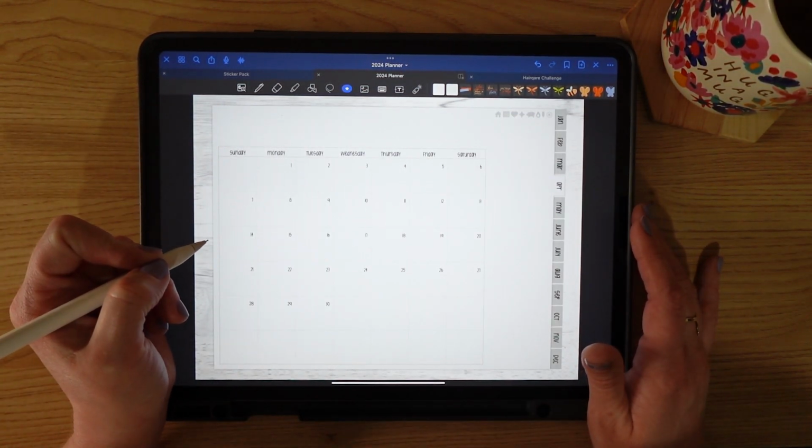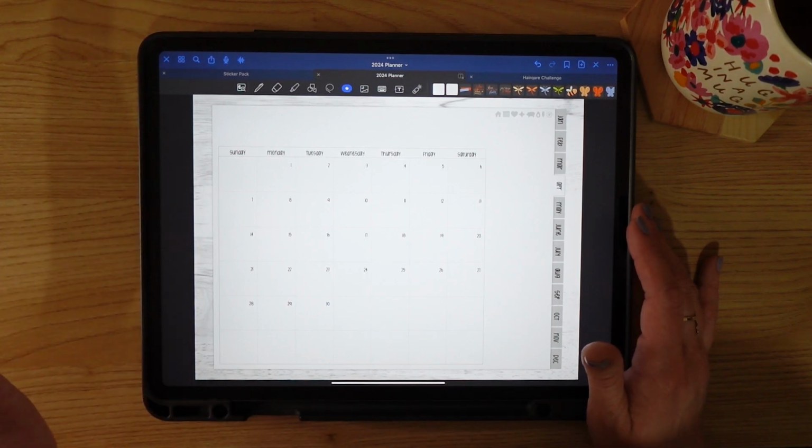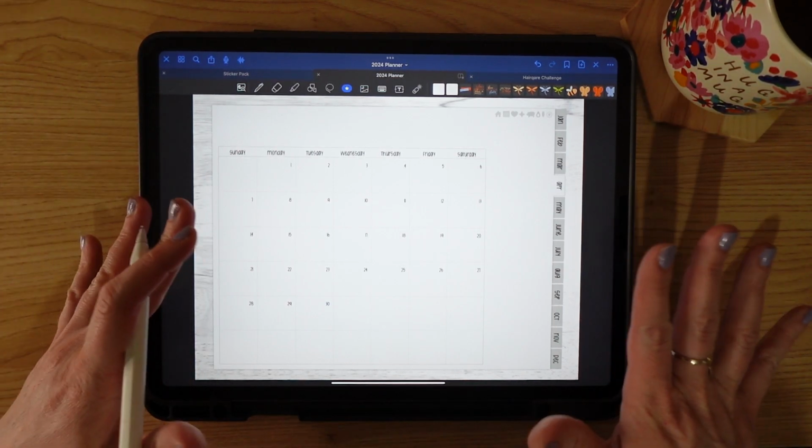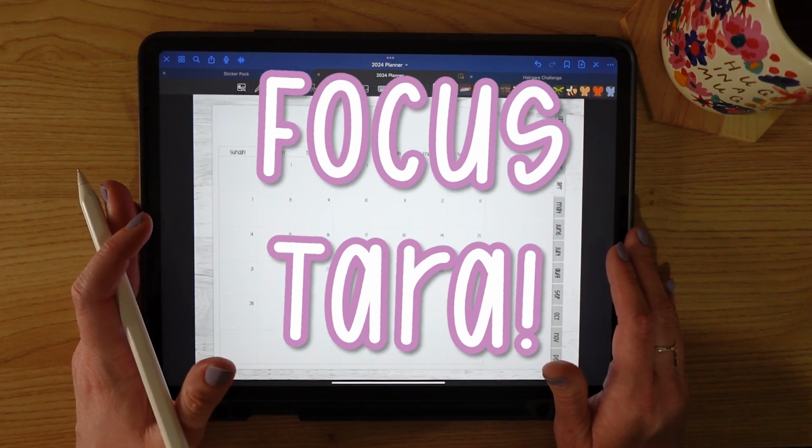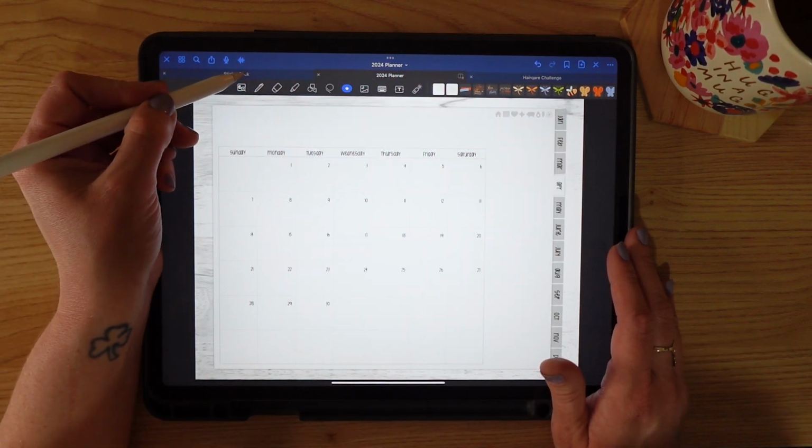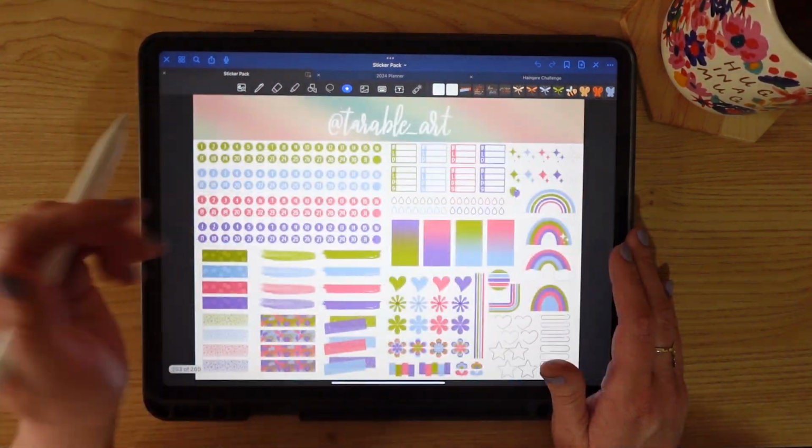You guys know I say this all the time. Eventually, some videos will come on more ways that I love to use elements, but that's not today's purpose, so let's keep going. Now that I've got this covered up, I'm gonna come back to my sticker pack,